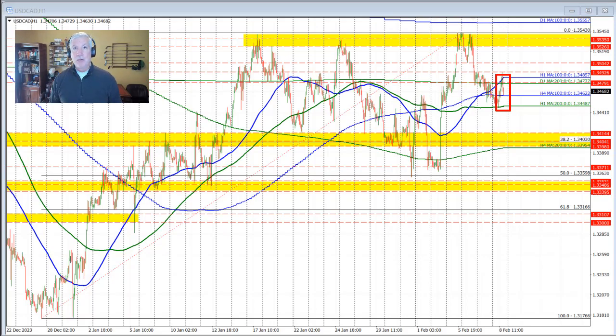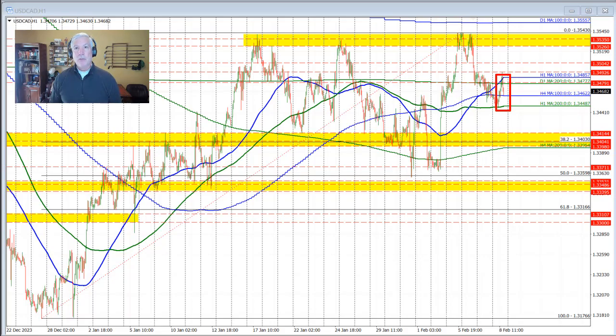Now, the buyers had their shot. The bias would be more to the downside for that pair. So watch that level, 1.3477. If the price goes above that level, all bets are off, and the bias control tilts more to the